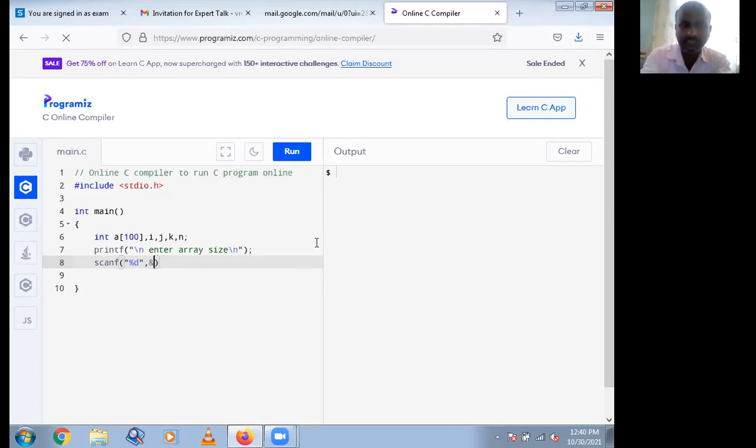Scanf percentage %d and n. This is the size of array. Then enter elements. Printf enter array elements.